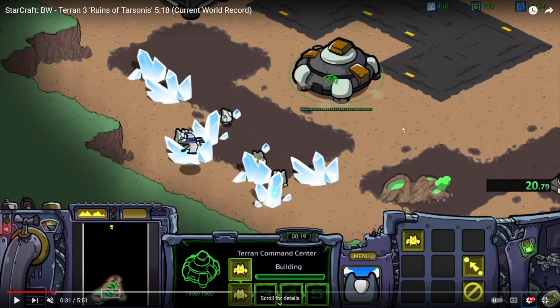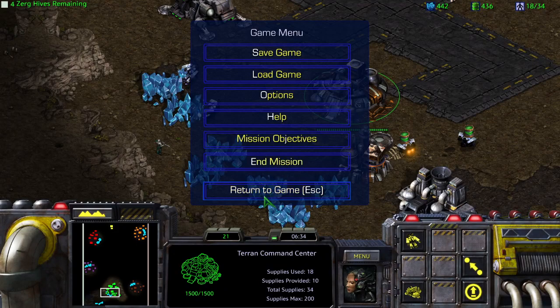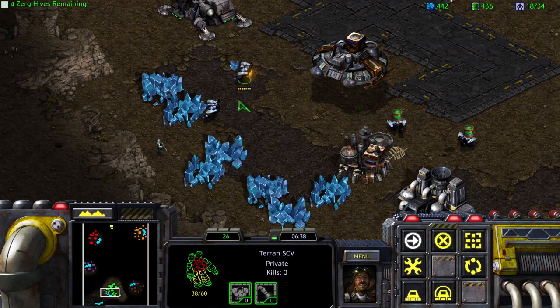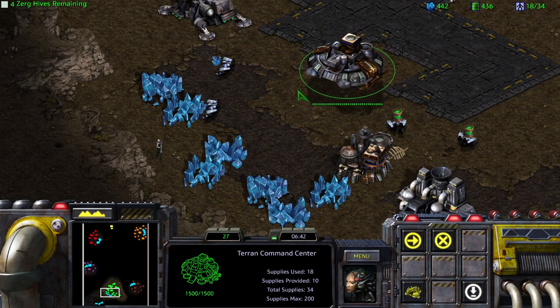I hit C to return cargo, right? Let's take a look in the game. Let me think. We'll just do it from here. So if I lift this guy off, he's already finished mining, right? And if I land,